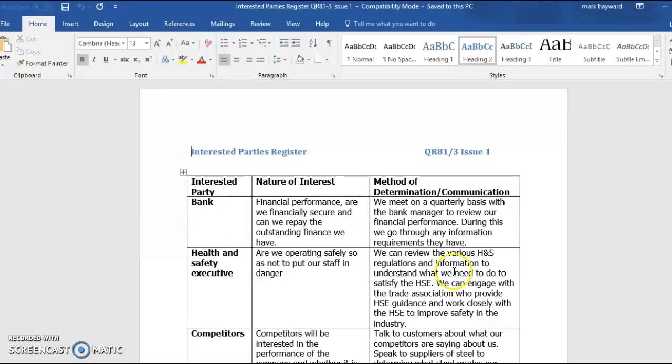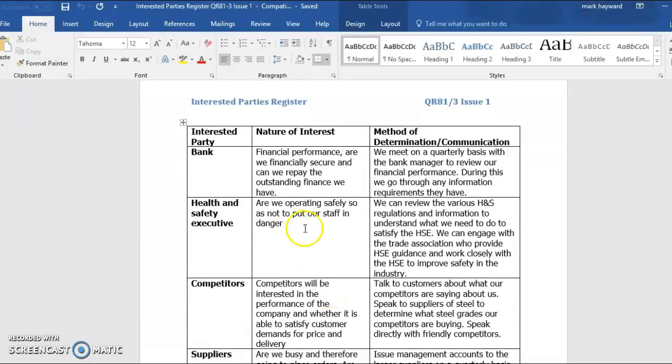So by doing it in this way, it helps to meet some of the requirements of a later section of the standard, which talks about communication, how you go about communicating with customers, but also with stakeholders as well. We've talked about the HSE, so they're going to be interested in whether or not we're operating safely. They're not going to want to have regular communication with you, but it might be they visit or carry out